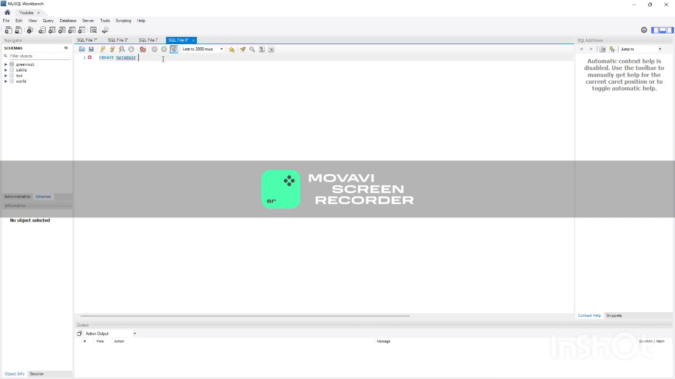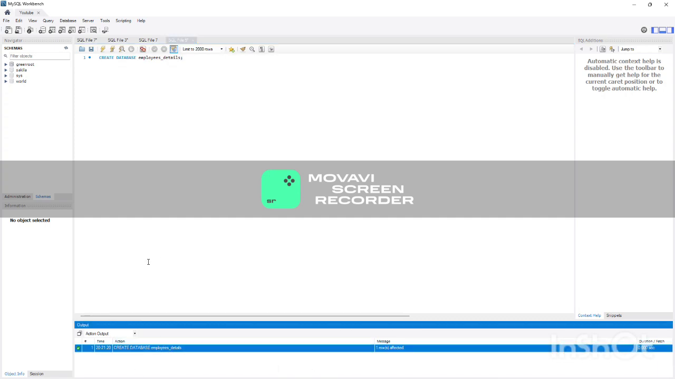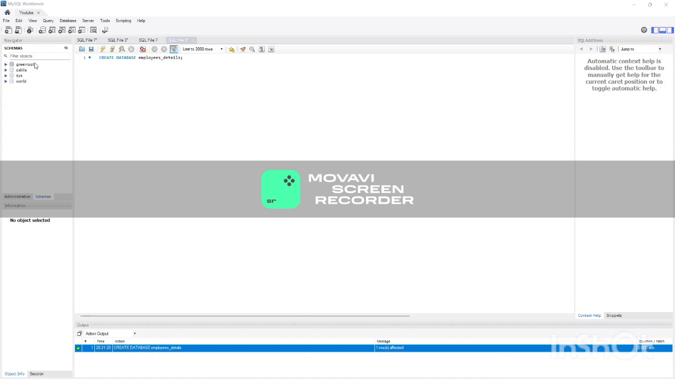Alright, these are some basics. How to create a database? To create a database, use create database and insert the database name. I am giving employee details. Always end with a semicolon and press Ctrl Enter to run. Now we have created a new database, but you can see there are no databases here, right? If you refresh here,